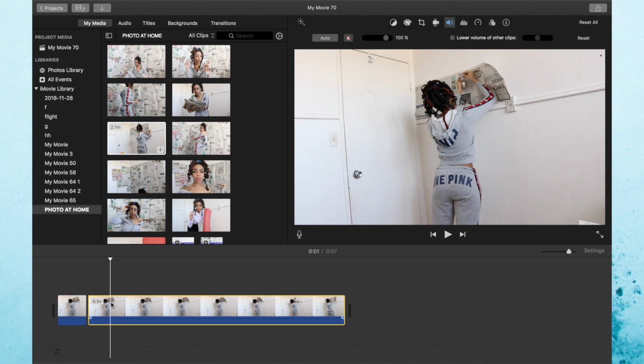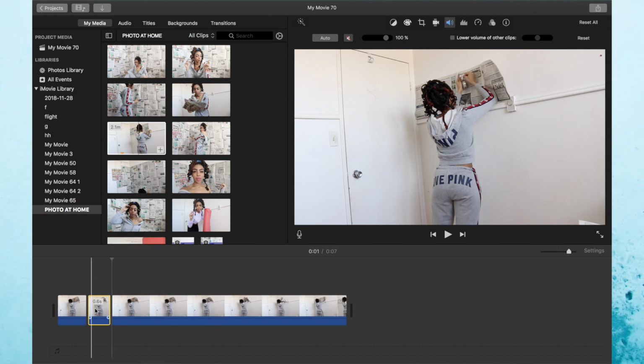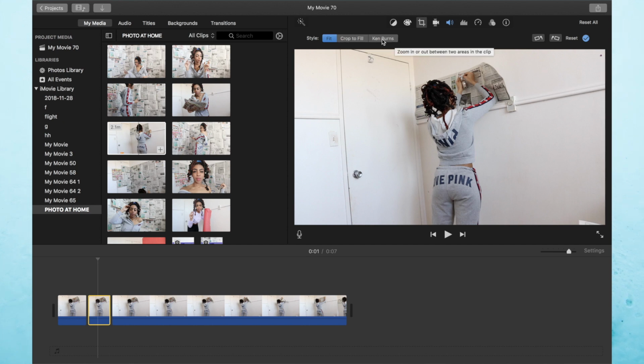Then I'm going to go to Command, Control, keypad, split that clip. So we're going to be working with this clip right here. That's what we're going to be zooming in to a different point. So what you're going to do now is go back to the same place where you got your crop effect from. You're going to click on it, and then instead of clicking crop to fill, you're going to click